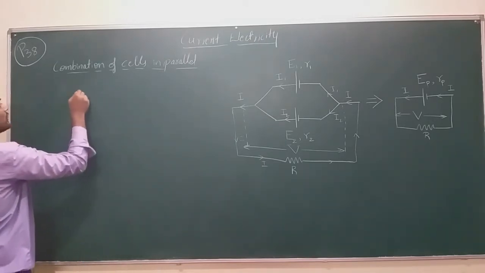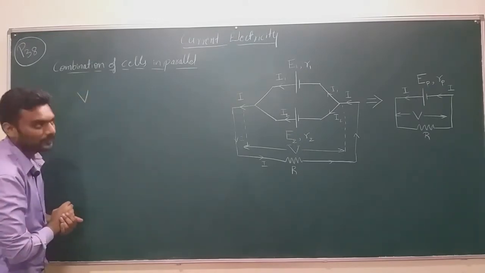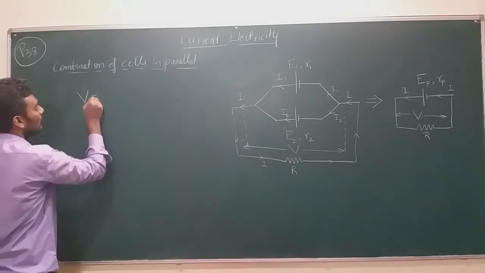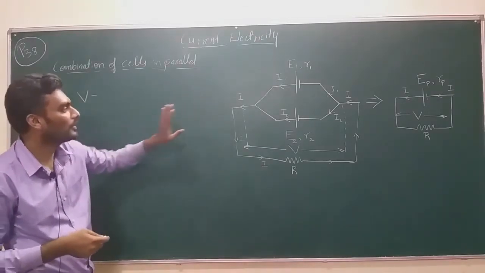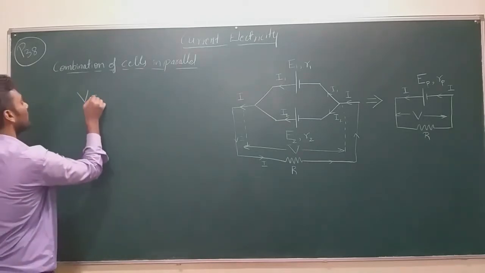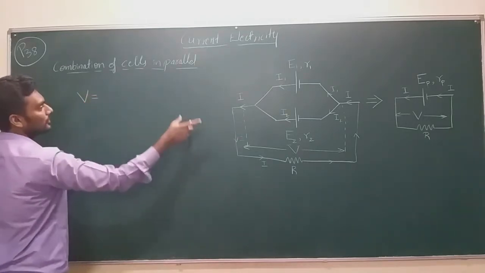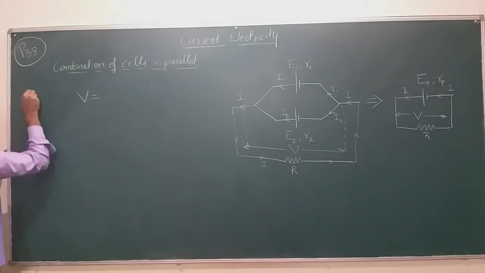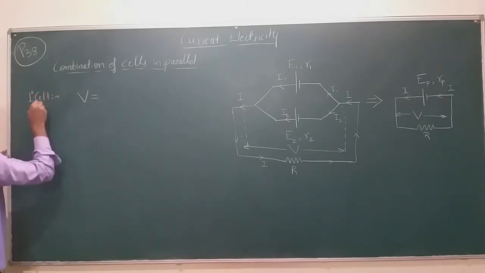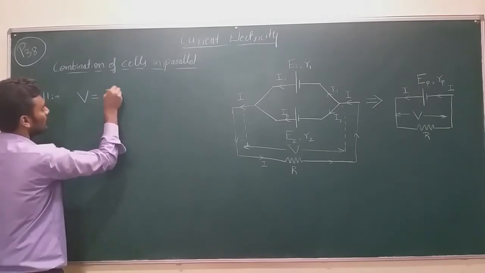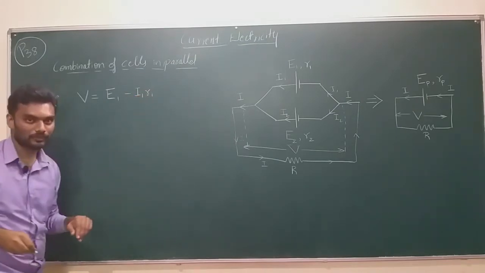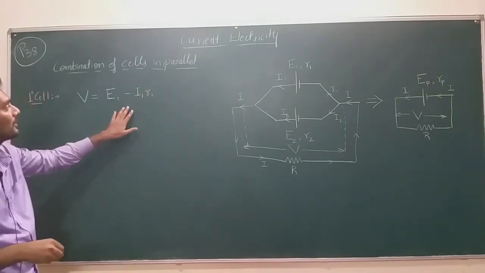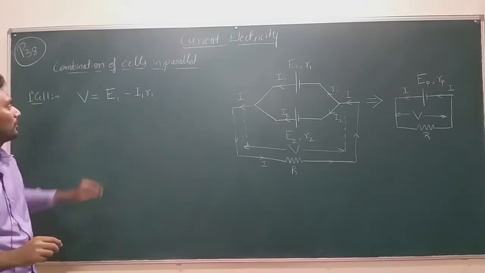When I concentrate on the first cell, I get the expression for V. Since it is the combination of the current which will give me the final result, I can also directly write the expression for I1, but let me write the expression for V. So, V for the first cell is equal to E1 minus I1 R1, the standard one.